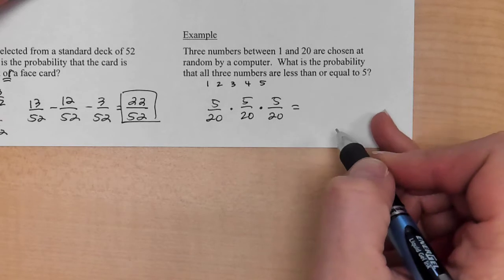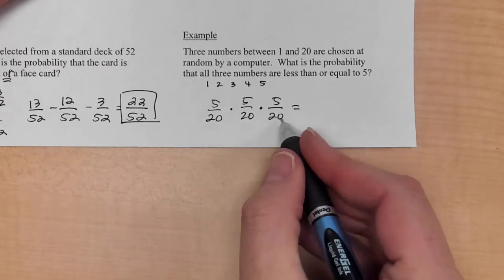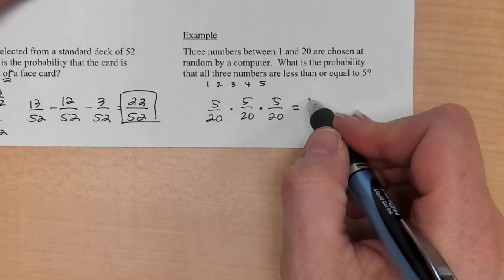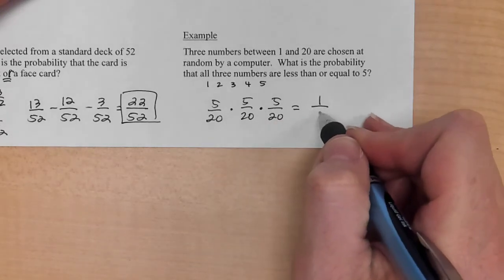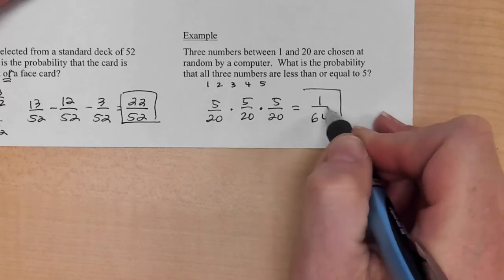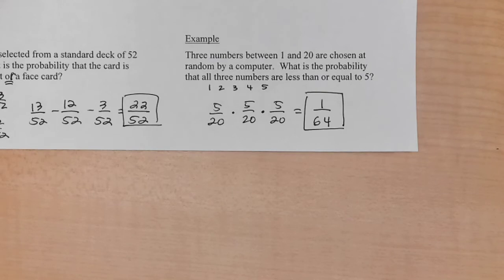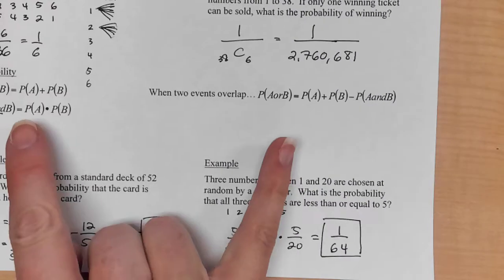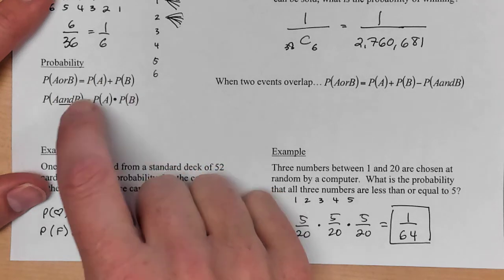And we're multiplying because our odds of this happening are going way, way down. So we're going to multiply, and these numbers are going to get very big, which means my probability went way down. Typing this in your calculator, you end up with 1 over 64. You have a 1 in 64 chance that you're going to get all 3 to come up less than or equal to 5. So our main things today are determining probability here. If you're an or statement, you're going to be adding, and if you're an and